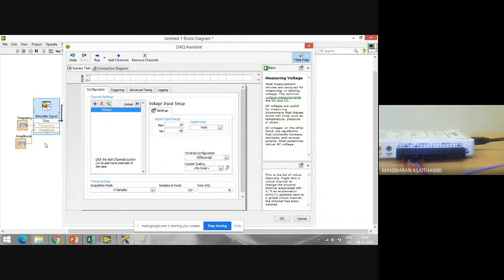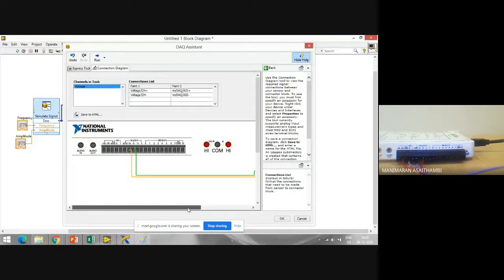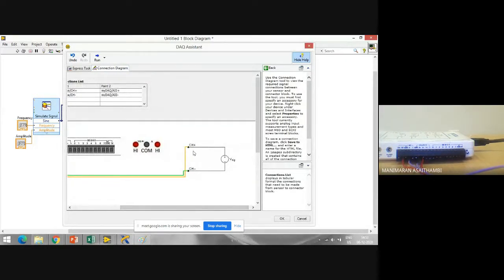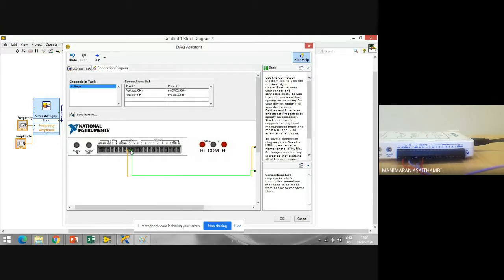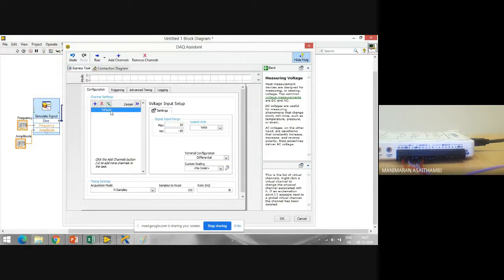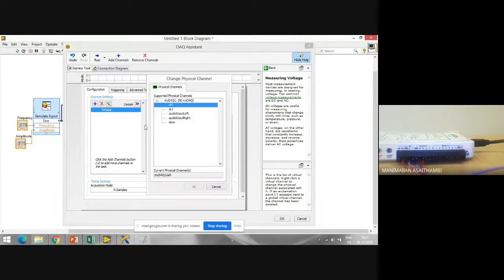Now, most of us will be very new to LabVIEW. So how do we do the connection diagram? See, I have a connection diagram there next to the Express task. I click on the connection diagram. Based on the terminal I have chosen, positive and negative, it is connecting to 0 plus, 0 minus. If I have chosen channel 1, what will happen?